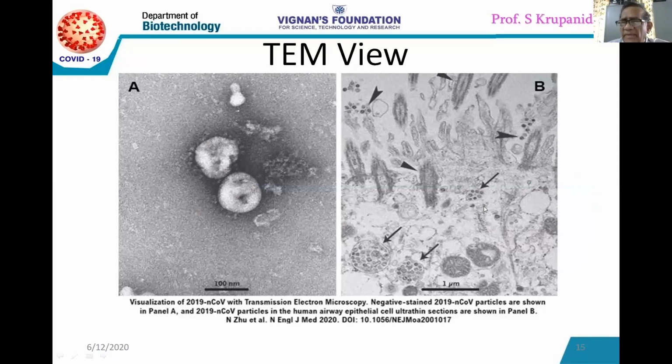See, as long as the virus is outside the host, it is non-living. Once it comes to the host, it is living. Living means it keeps budding. So it buds so fast that it proliferates profusely, so that the viral load increases in the alveolar epithelial cells. Once it increases, the host is victimized. So these are various transmission electron microscope photographs. Okay.